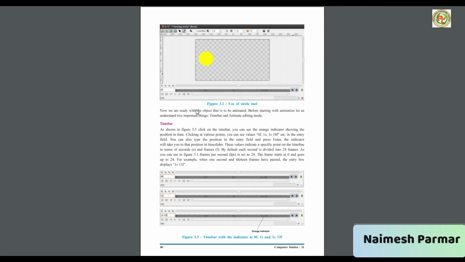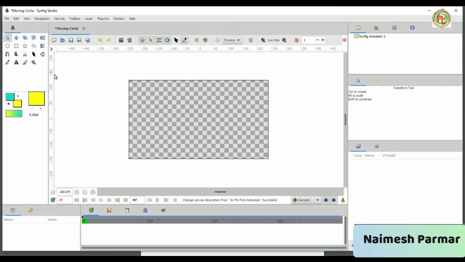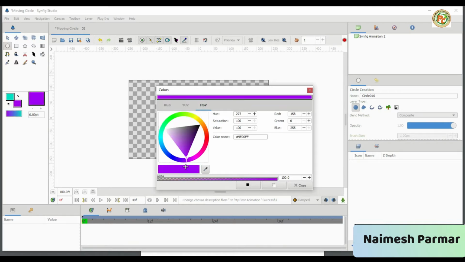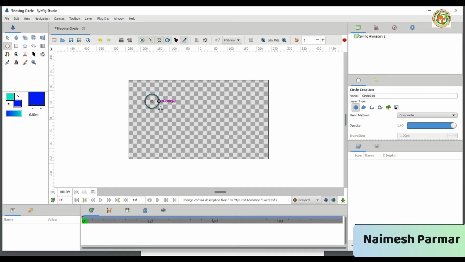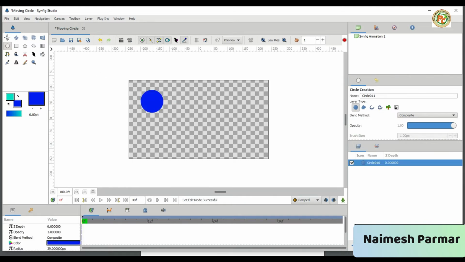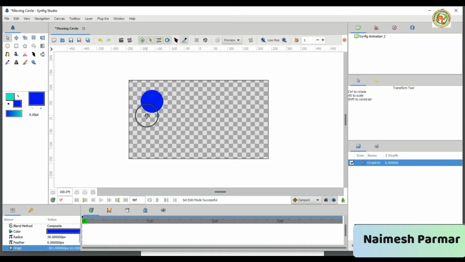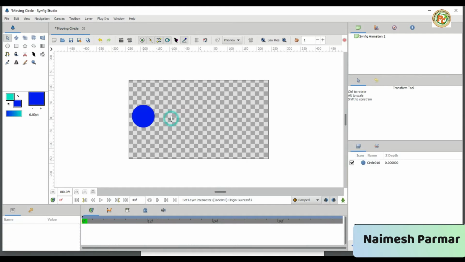Now the second task is we are going to design the tool, where we will move the circle from left to right. So what to do, we are going to select the circle. Okay, now after selecting the circle, we will also select the particular color from the palette. Now we are going to change the color to blue. Okay, and then click ok and close it. Now draw the circle. Okay, it is drawn. Now by pressing the hand tool or moving tool, we click on that moving tool, and then we can resize it also. We will put it here at the center. Okay, now we have placed this circle inside the canvas.